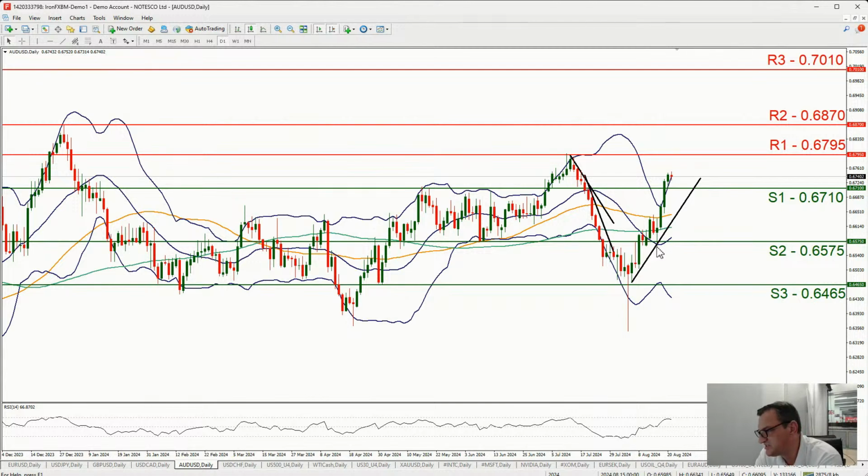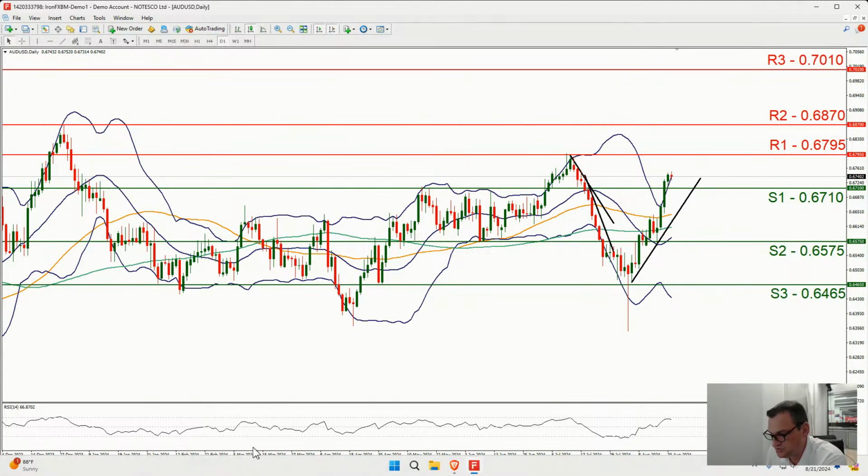So a possible correction is in the cards, but for a bearish outlook, a correction is not enough. The pair has to drop, break the 0.6710, break the aforementioned upward trend line, and reach as low, if not breach, the S2 0.6575. I know that the prerequisites set for a bearish outlook, as outlined before, seem to be a little bit harsh. In my opinion, I'm a little bit more conservative, and I would like to have more reassurance before opening any short positions here.